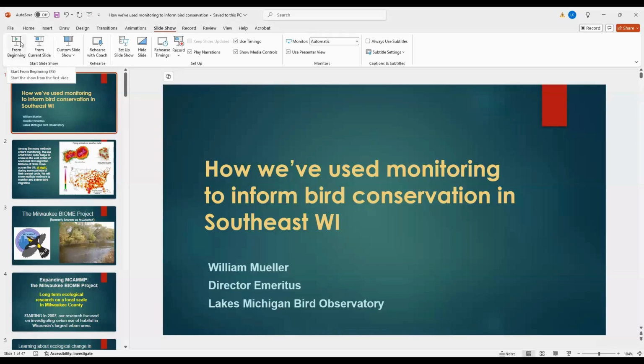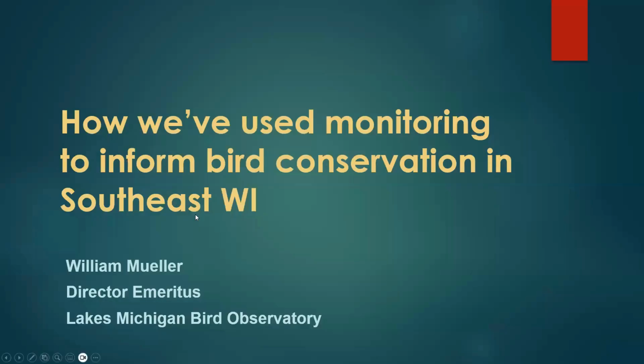Conservation organizations use bird monitoring to inform bird conservation. I worked for quite a few years as the director of the Lake Michigan Bird Observatory. Back in those days, you may have heard the old name. It was once referred to as the Western Great Lakes Bird and Bat Observatory. Well, the observatory has moved on and changed its name to the Lake Michigan Bird Observatory, which is probably an